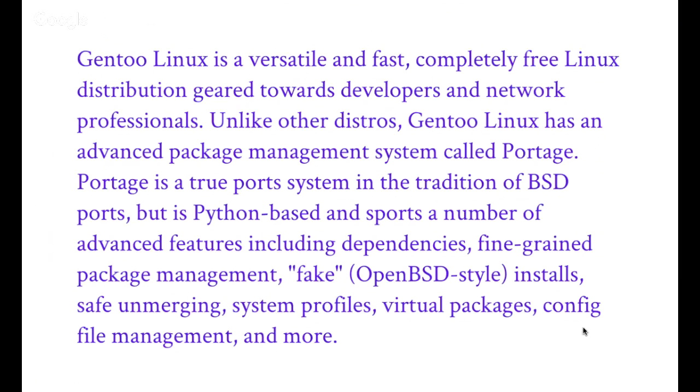It's a true port system in the tradition of what's called BSD. Python-based, it has a number of advanced features like fine-grained package management, OpenBSD style installs, safe unmerging, system profiles, virtual packages, config file system management, and more.